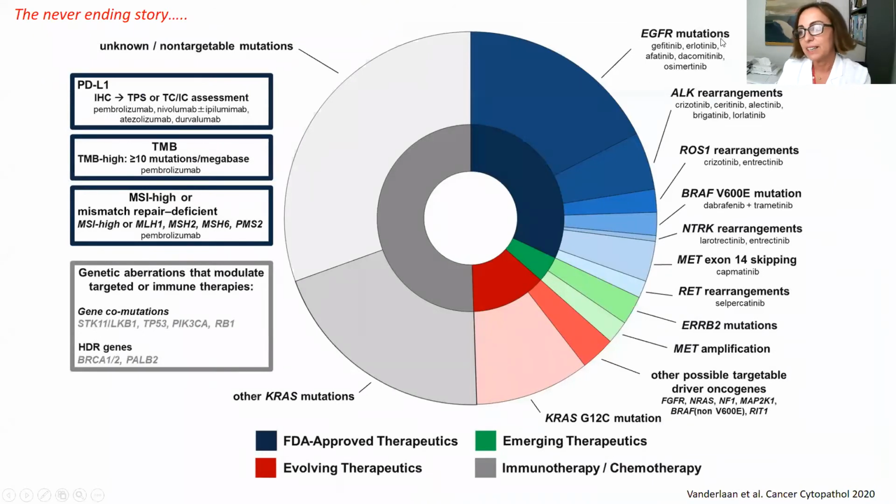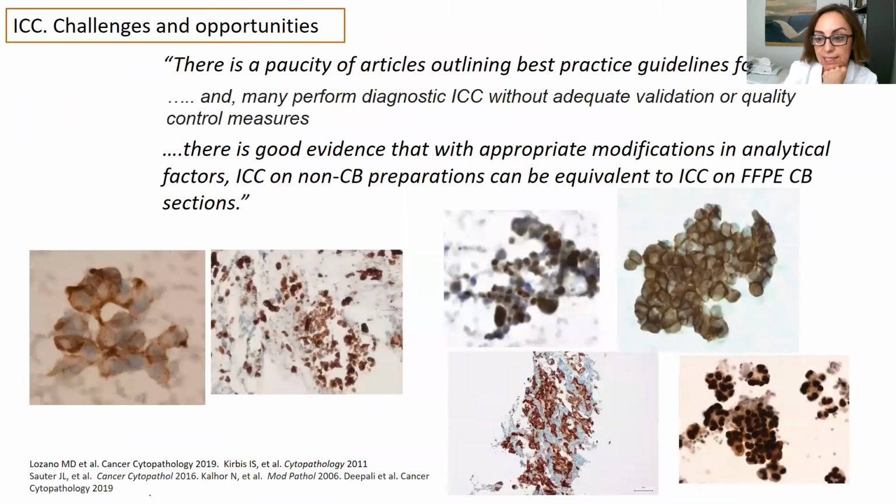And I think it's a very nice picture published by Paul Butnor in Cancer Cytopathology last year. Look here, a lot of biomarkers, a lot of molecular alterations related to non-small cell lung cancer. So as I say to you, this is a never-ending story. We have to be ready for this because this story is real, it's happening now.